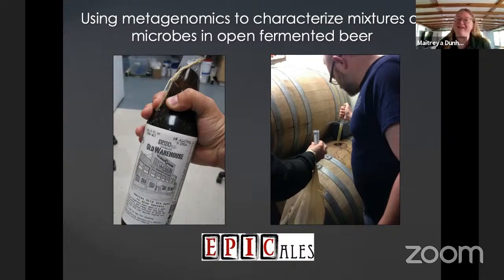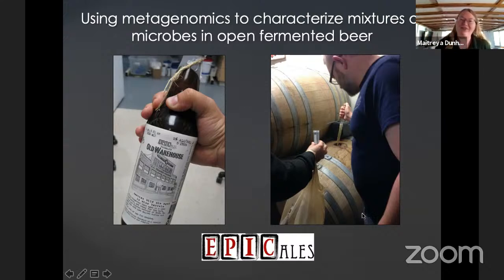We got to go on a tour when we were taking the sample with him, and it is an old warehouse for sure. There was a dirt floor in the basement, there were cobwebs, so the types of bugs living in this place we thought would be really fascinating. After fermentation had completed in these buckets that he'd placed around, he went around and tasted all of them and took the one that he liked the best and used it to inoculate a wine barrel. By the time we visited Epic Ales, he had been keeping this going for about 3 years, where he would bottle half of it and then top it off with wort, and bottle half of it and top it off with wort.